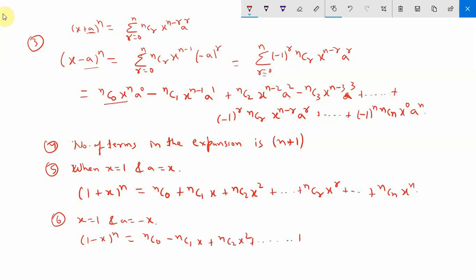Similarly, we will go plus minus, minus 1 to the power r nCr into x to the power r, and the last term will be minus 1 to the power n into nCn x to the power n. Okay,